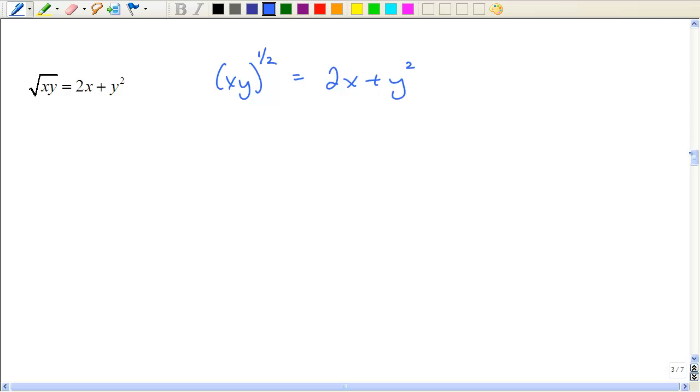And notice I'm going to have to use the product rule. I could use the chain rule, lots of different things. Let's go ahead and write this like that. And then use the product rule. So I'm going to have,